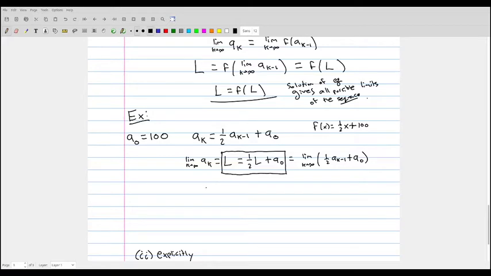And if we solve for L here, we get that L minus 1/2 L is equal to a_0, or 1/2 times L is equal to a_0, which lastly means that this limit L has to be equal to 2 times a_0, or 2 times the initial concentration,